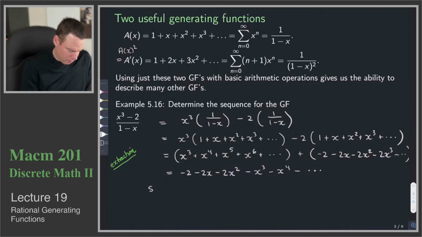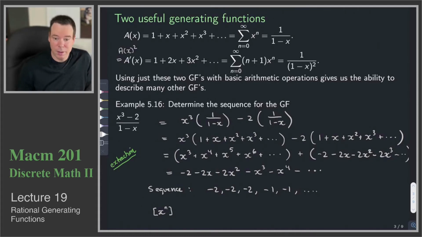And so we get then, what is the sequence? Now I just have to read off the coefficients. The sequence is negative 2, negative 2, negative 2, negative 1, and so on. Another way we can express this sequence is to just write it as what they are. They are the coefficients of the x to the n term. So this is written as the coefficient of x to the n of this rational